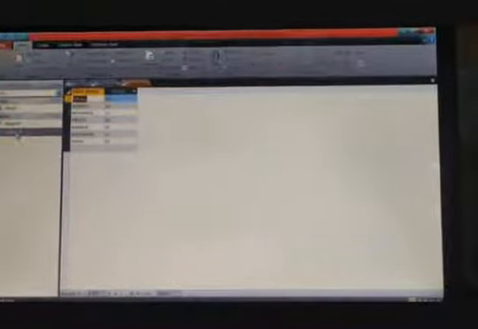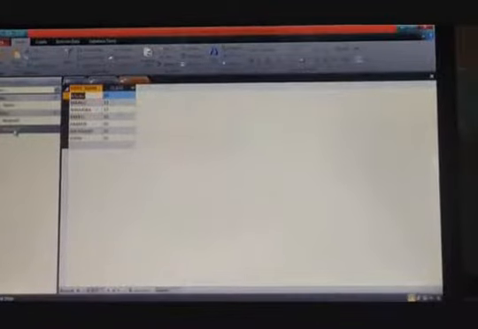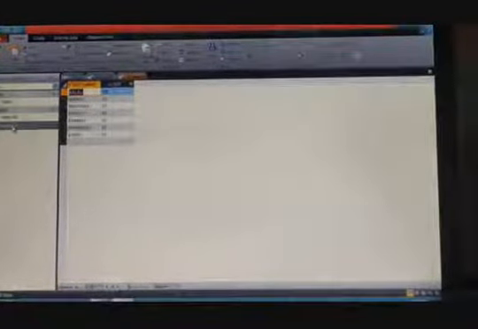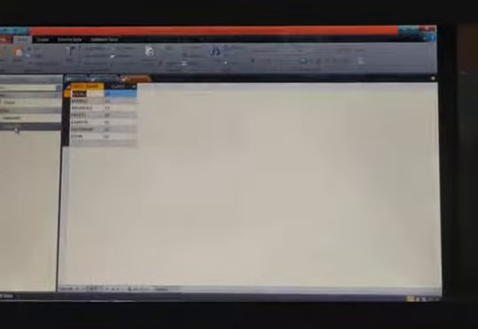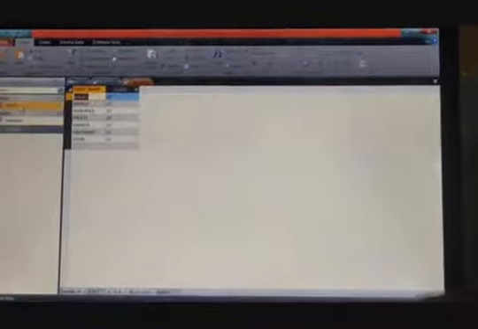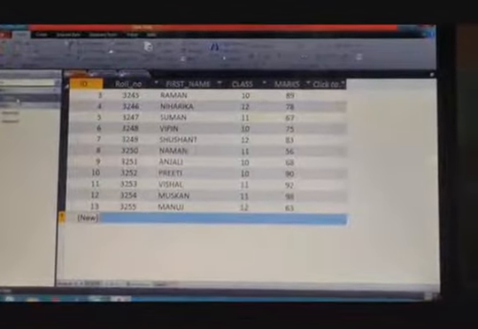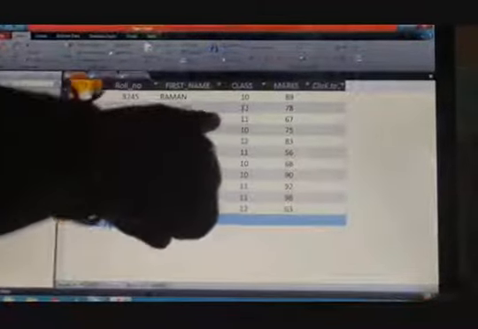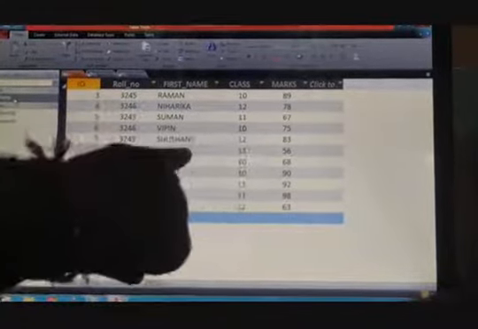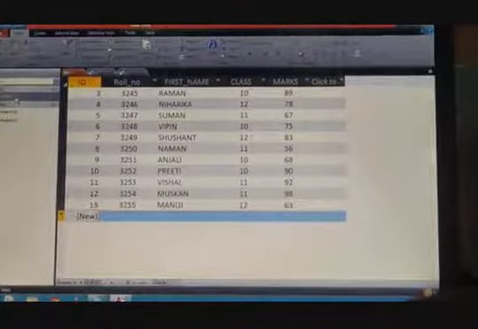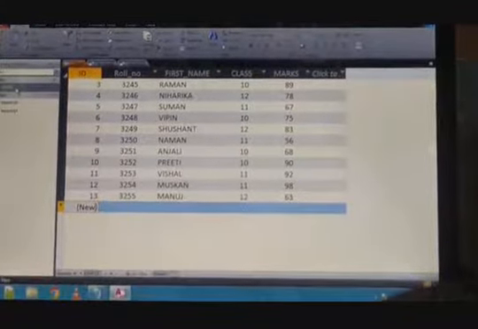So you can see that the result of class 10th and class 12th students has been displayed on your screen. This is the class 10th student that we already checked. This is the class 12th student, that is Manuj, Niharika and Sushant. You can check this by opening your original data. Yes, 12th class Niharika, 12th Sushant and 12th Manuj. Only 3 students belong to 12th class.